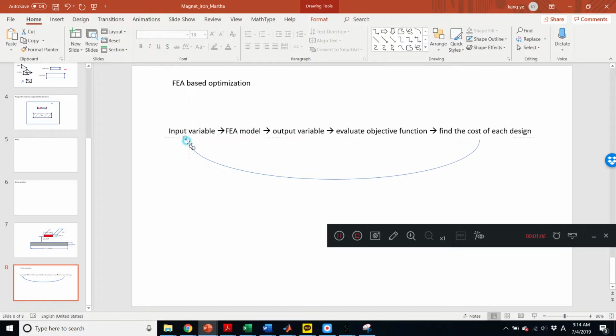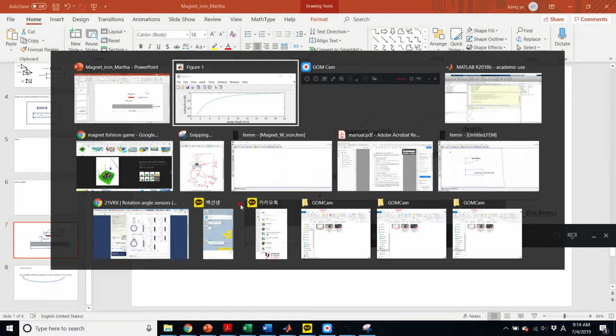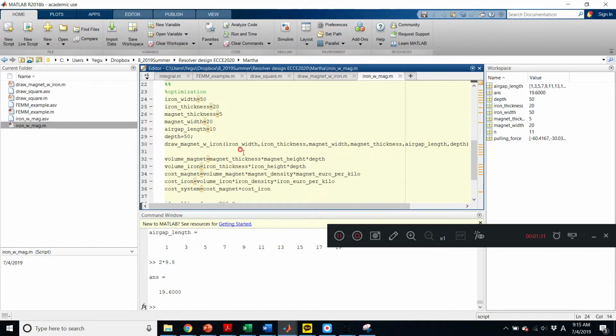You can do this step over and over again to find the best cost. So you can change this geometry. You can reduce the width of the magnet or height of the magnet or air gap length, whatever. You need to find the optimal geometry that you want. So you can give the input here, send it to FEA, find the